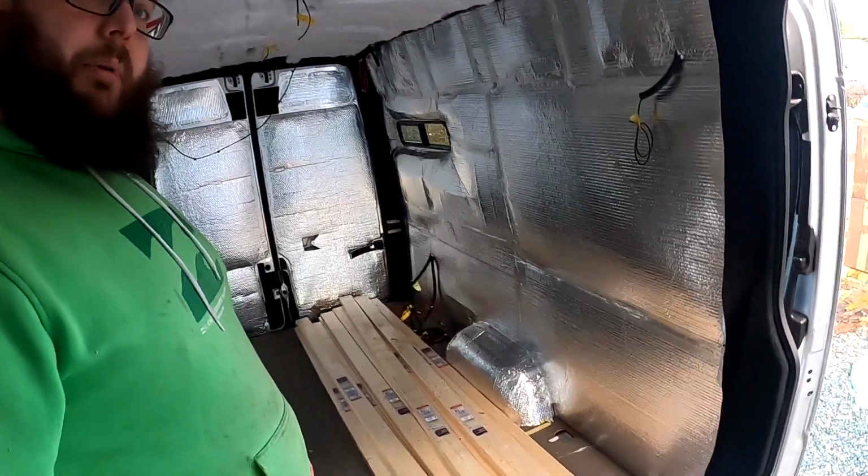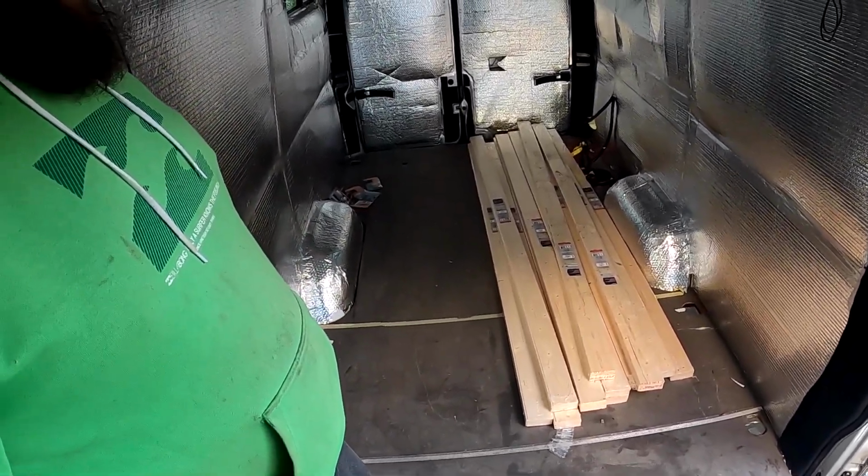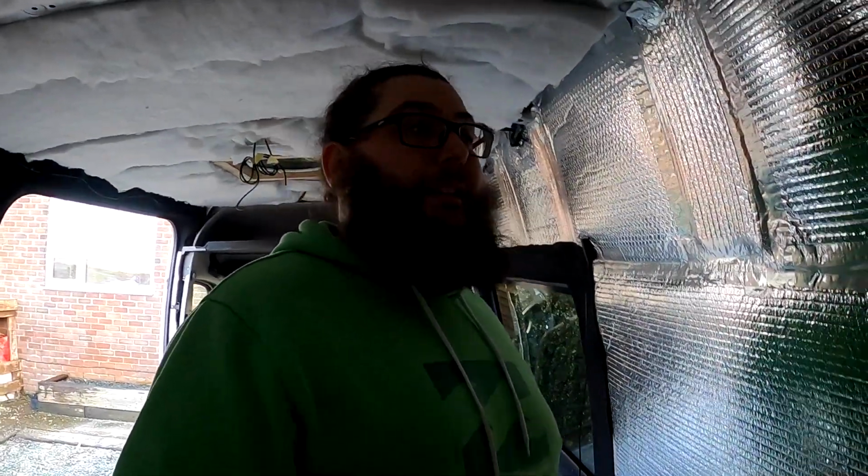Good afternoon, everybody. Hope everybody's well. The new lockdown has started, which is a bit of a blow. I went to Wickes the other day, before all the lockdown kicked in, and I've bought the cladding, as you can see. Now I know this might be a bit premature, because the battens are up, the roof racking is on, the roof isn't vapour barriered, but my thoughts were, after the new year, we were going to go into another lockdown. I think it was kind of inevitable. I think everybody knew it was going to come. So I've bought that,